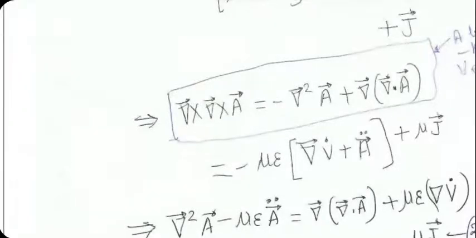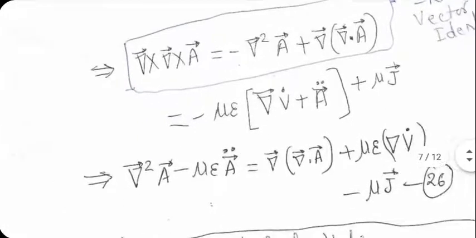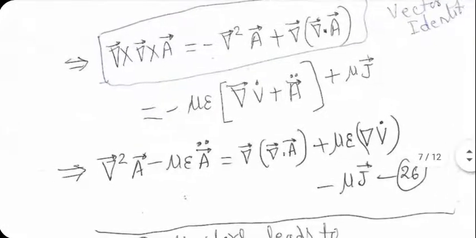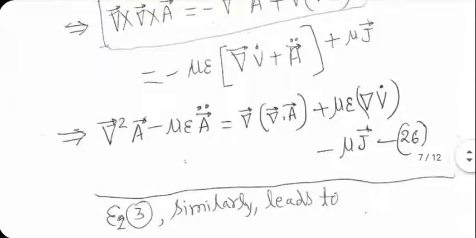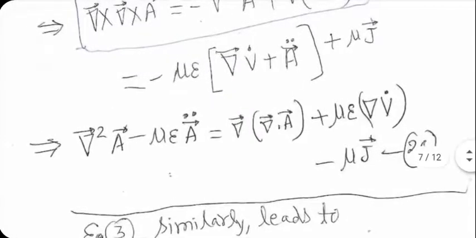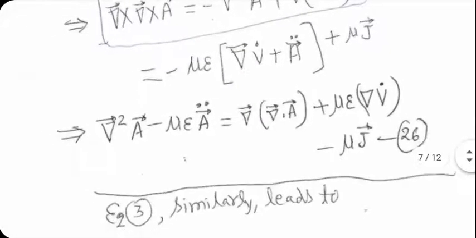It's a very interesting equation that's coming out. Maxwell's equation 2 is leading to something very interesting. This further simplifies to this complicated equation, equation 26. It has both the unknowns, A and V, in it. And okay, only J is there, rho is not there, fortunately. Only one of the sources is there. Okay, so that's one equation.